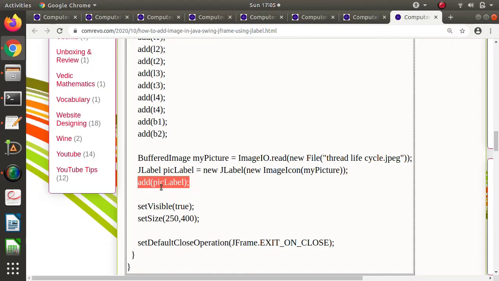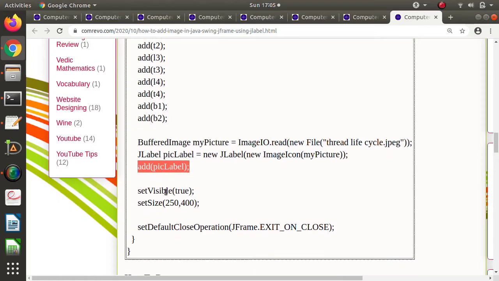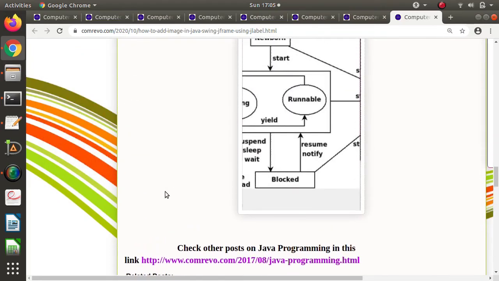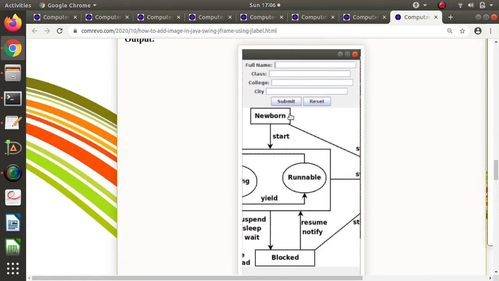So see, pick label is the object of JLabel, and we are adding that label on our frame. But now this label is referring to the image, so that image will be shown. This image will be shown on this frame like this. This is the output we are getting. So here we have added this image on our frame by using the JLabel class.